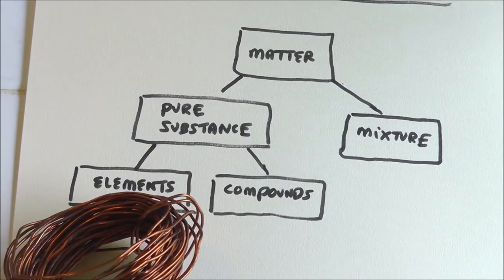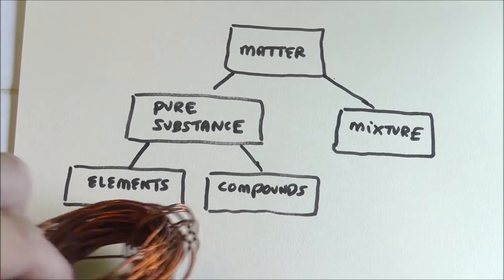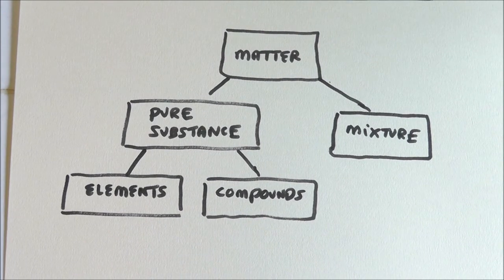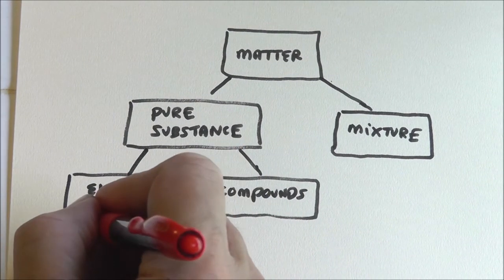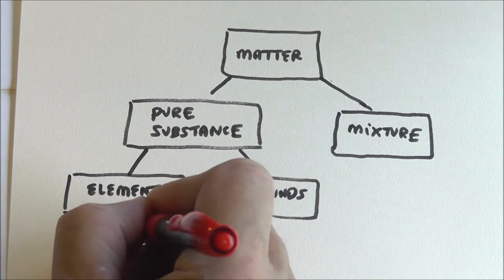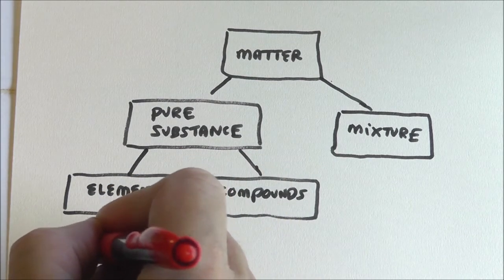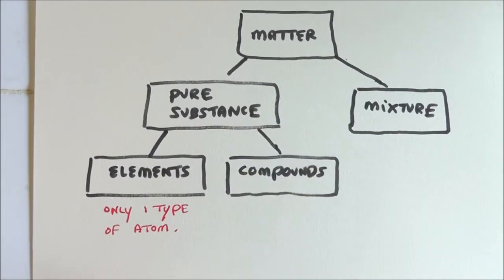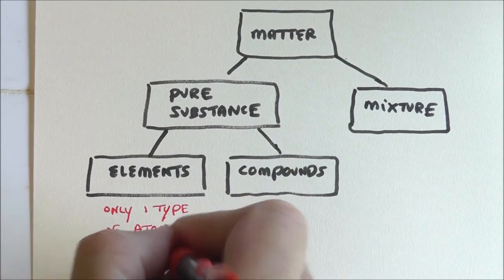So here's an element. I went into my garage and I got an element. I just had a bunch of copper wire, which comes in handy, by the way, in a lot of different ways. So there's copper. That would be called an element. So if you can find it on the periodic table of the elements, which is going to be our best friend all semester, then it's an element. But really what you've got is only one type of building block, only one type of atom.